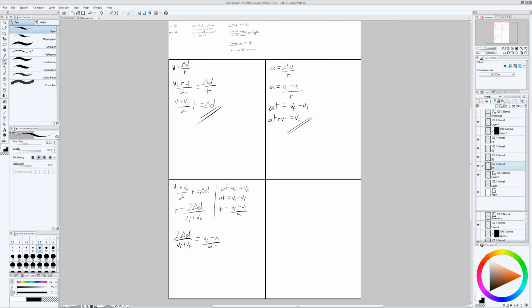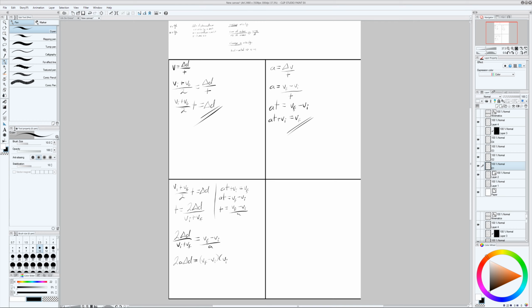Now the first thing we want to do is get rid of the fractions, so we cross multiply, so we take whatever's on the bottom and we then multiply the other side by that. We're multiplying by both sides, but obviously if you multiply something while you're dividing by it, it goes away. So like if you had 1 divided by 2 multiplied by 2, that's going to be 2 divided by 2, which is just 1. So yeah, we cross multiply and we end up getting 2a delta d equals Vf minus Vi